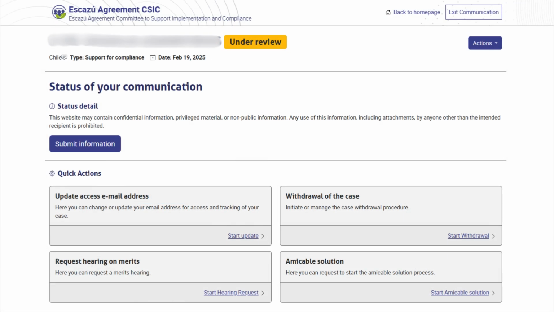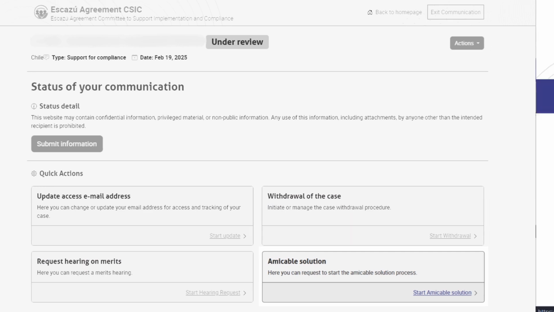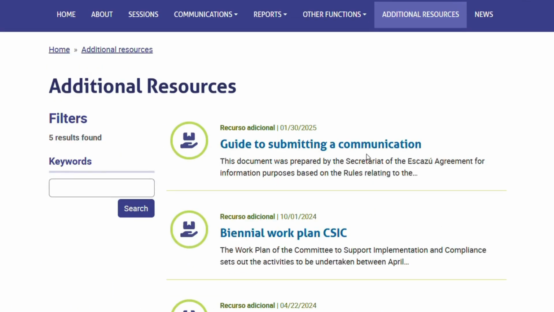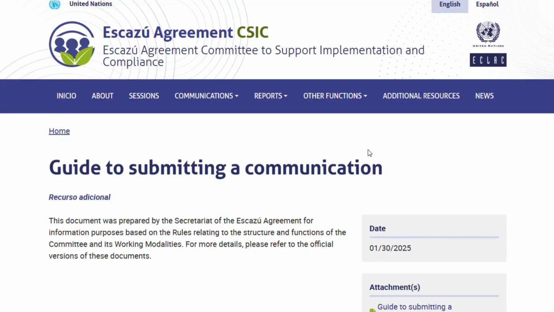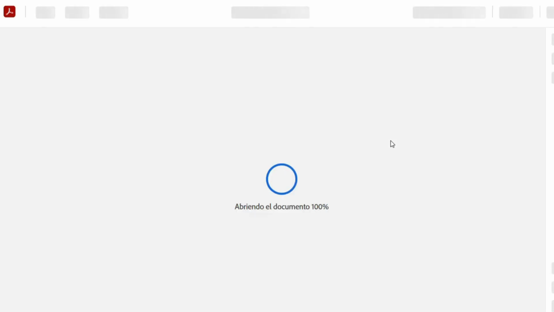From the author's panel, the author can provide additional information if requested by the committee. Update the email address. Withdraw the communication at any time. Request a hearing on the merits. Initiate or respond to an amicable solution process. For more information on submitting communications, you can consult the guide to submitting a communication, available in the Additional Resources